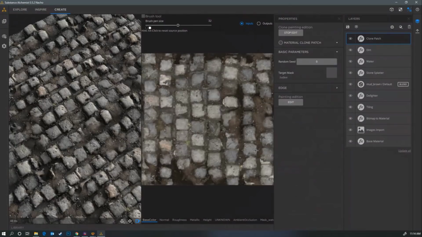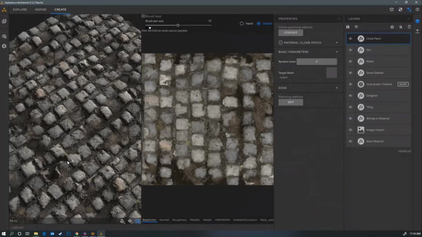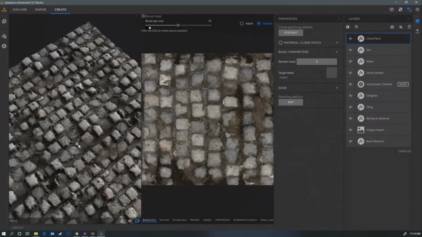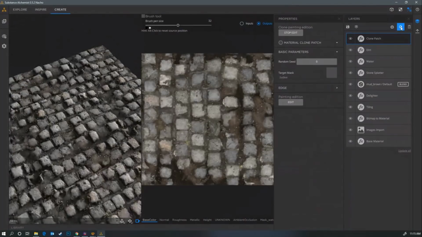So what I'm going to do instead is I'm going to select, for example, this source, and then like I would do in Photoshop, I'm just going to replace this over here. If I look at the output here, you can see that it's basically replacing this part of my texture, and that way I don't have that much of the recognizable pattern on there. Last thing I'm going to do is just an